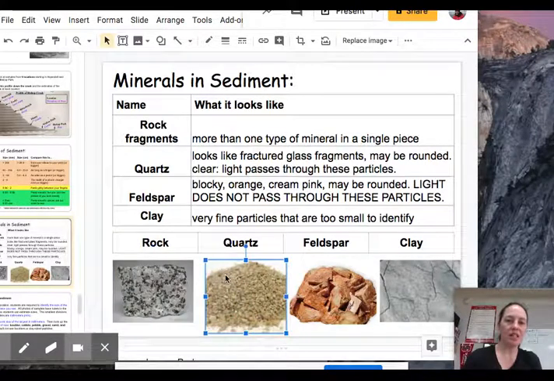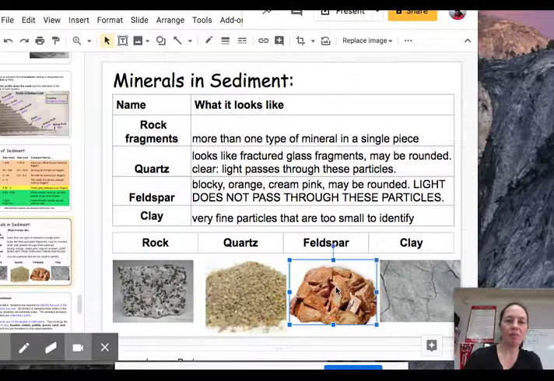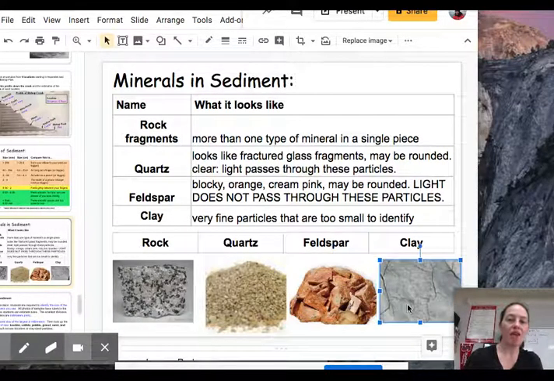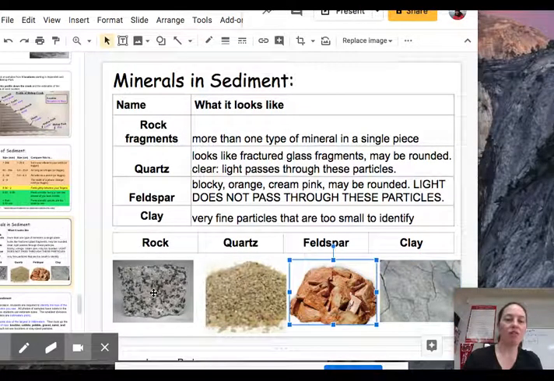Quartz is this. It looks like fractured glass fragments, and it may be rounded. It's clear, light passes through these particles. Feldspar is blocky, orange, cream, or pink. It can be rounded. The light does not pass through these particles. So when you're looking through the microscopes, you're not going to see light passing through feldspar, but you will see light going through quartz. And then clay are very small particles that are too small to identify. We're actually only going to look at rock fragments, quartz, and feldspar, but go ahead and fill in the